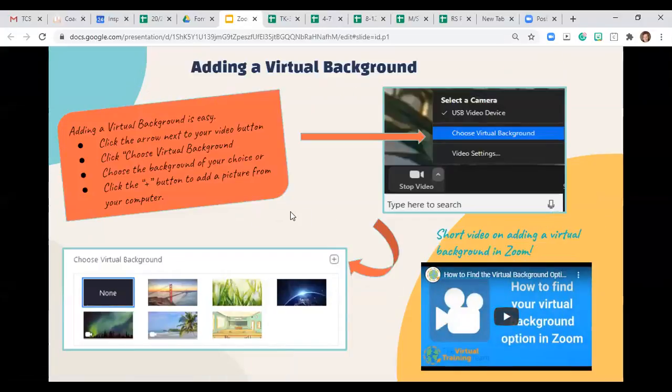Okay, the next thing we're going to talk about is adding a virtual background to our own camera. When we're on camera, sometimes behind us there might be not so good lighting or a messy room or something like that you just don't want the other people to see who are in your Zoom classroom or your Zoom meeting. Okay? So these are instructions on how to actually